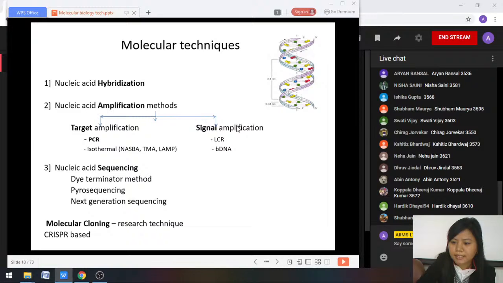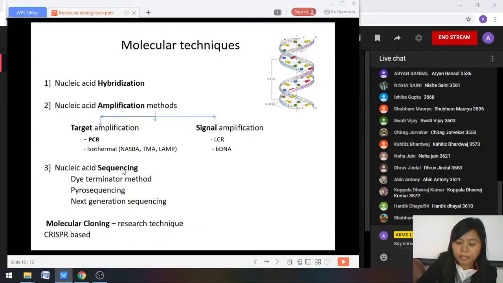The other techniques are signal amplification assays, where the known ones are LCR, or ligase chain reaction, and bDNA, or branched DNA assay. Among all these, again, PCR is the one which is most popular and also easily available and easy to perform. Then there is nucleic acid sequencing, which can be performed. Sequencing is identifying the exact nucleotide code of your